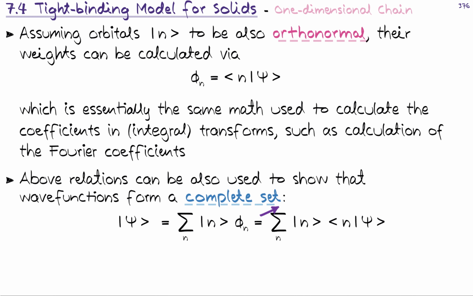So essentially we can use this equality, we place that there, and we end up with this kind of condition. Now we see that on the left-hand side we have the ket of the total wave function, and here we also have a ket, and we are summing over these, so that this equality would hold. That would mean that the summation over these ket n, bra n would essentially be the identity matrix. This is the logical conclusion that we get out: this kind of operation here gives us an identity matrix.